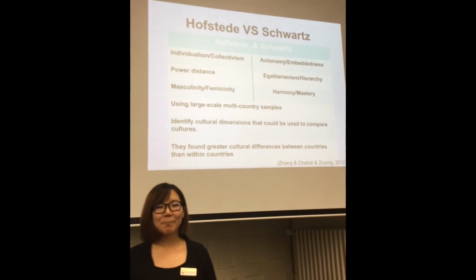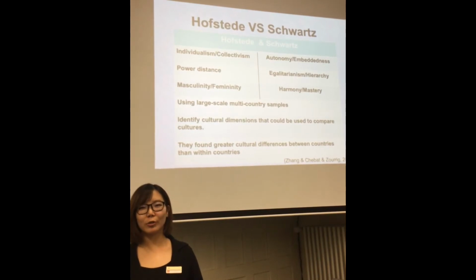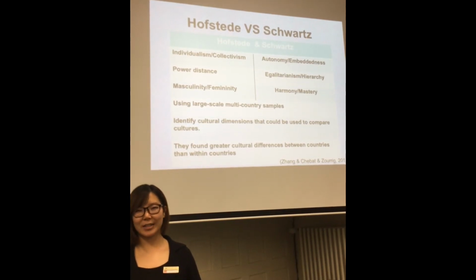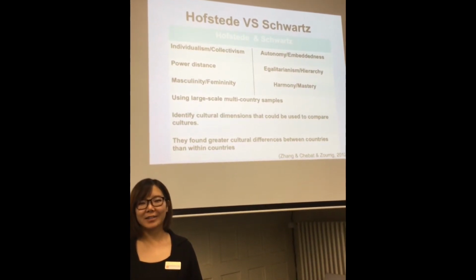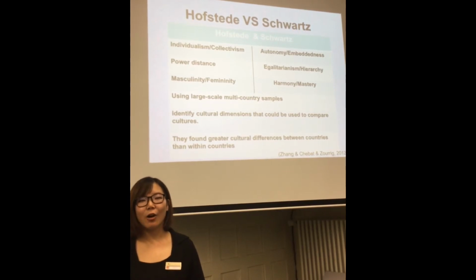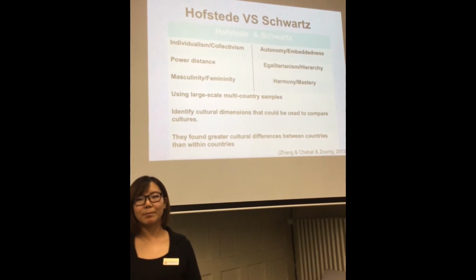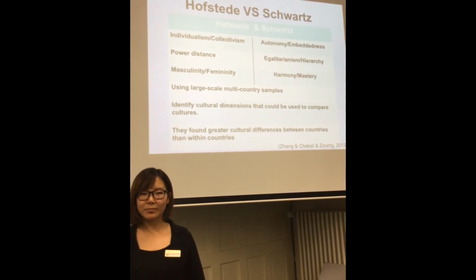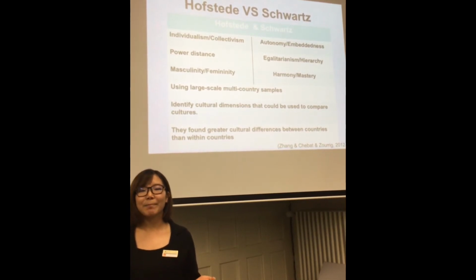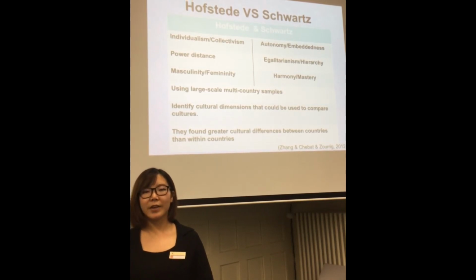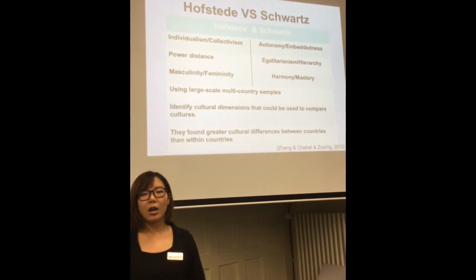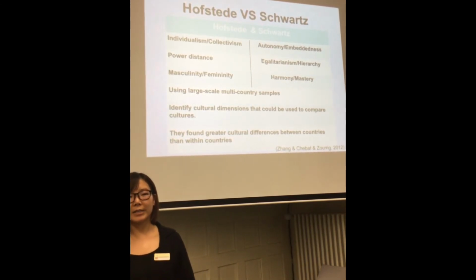Thank you, Jenny. Comparing the Hofstede and the Schwartz model, which our team members mentioned before, there are many similarities and differences between them. Let's have a look at the similarities. Firstly, Hofstede's power distance is similar to the Schwartz egalitarianism and hierarchy dimension, because they both refer to authority orientation. And secondly, Hofstede's individualism and collectivism overlaps with the Schwartz autonomy and embeddedness.